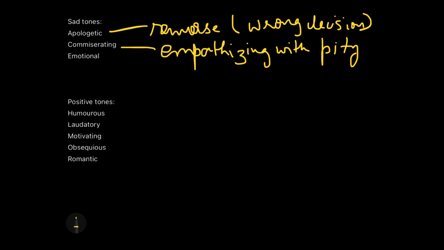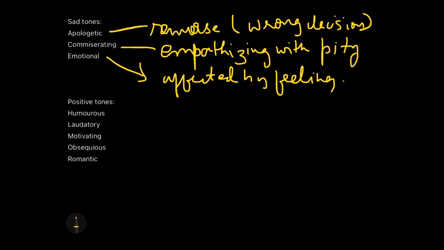Okay, now the next one is emotional. So the name itself is clear enough to understand. How emotional? Easily affected by the feelings. Okay, that comes out as emotional. So this feeling can be of love, hate, fear, or liking, anything. But when you are very closely connected in the passage, if you believe that the author is very easily affected by feelings, I'm just writing the term affected by feelings, then you will go for emotional. Like the above passage which I explained about a puppy got hurt on the road, that can be taken